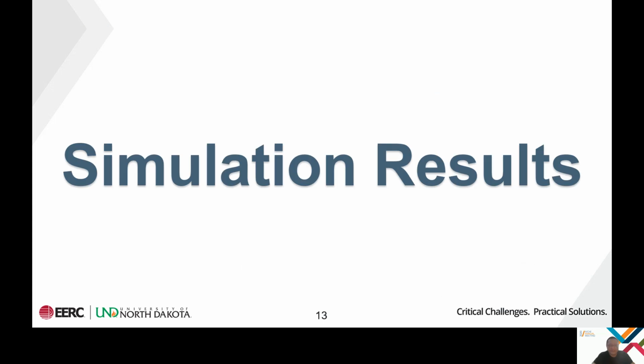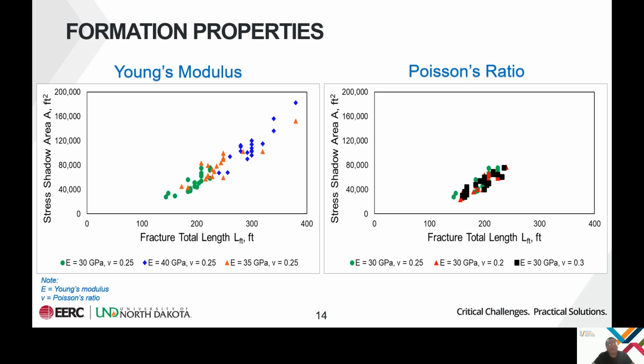I'll provide the simulation results. For the formation properties, we did the Young modulus and also the Poisson ratio. The Young modulus is shown on the left side. As we can see, when we change the Young modulus from 30, the green one, to 35, orange, and also 40, the blue one, the results spread out between this size up to this one. So we are talking about the stress shadow becoming this small up to this one, but it also changes the